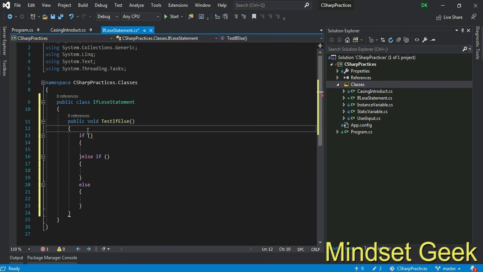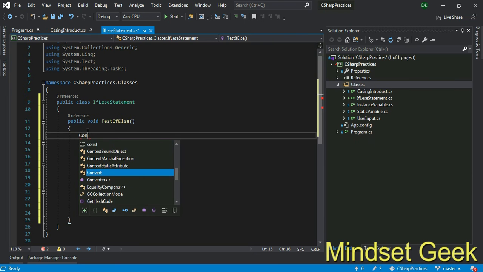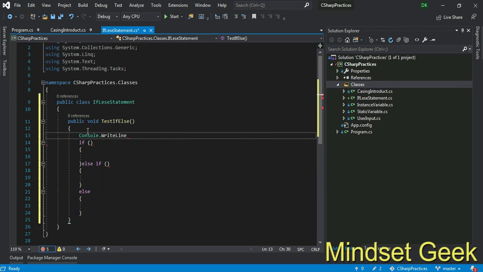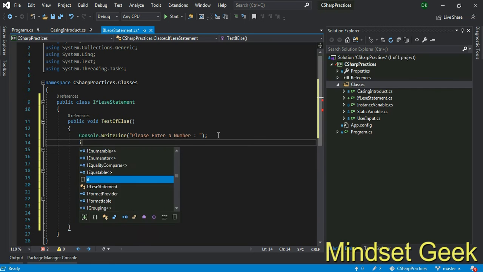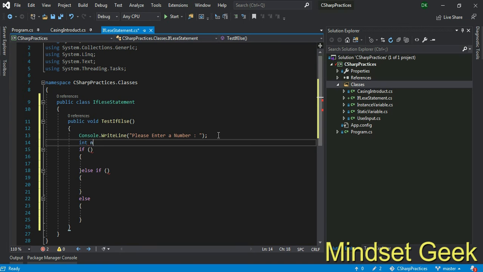First make some variable. First thing, console dot write line, we ask the user to enter something. Please enter a number. We accept that the user will enter a number, right? We assign that number to this variable.